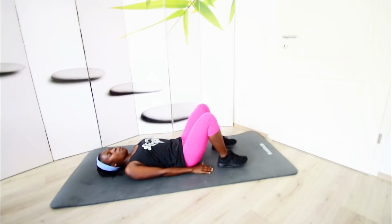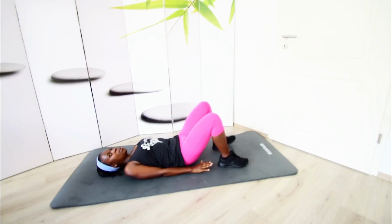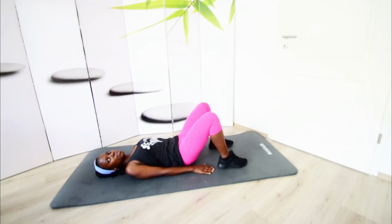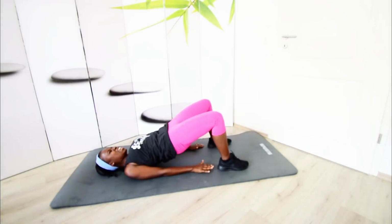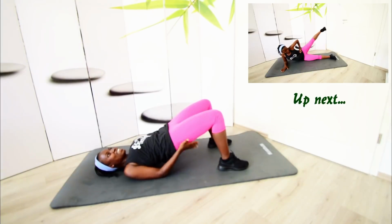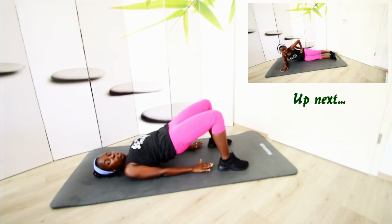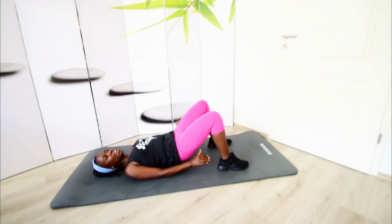Just give me 2 more, 1 more, and come down. And on the last one, you want to get up, and we are going to hold this for about 15 seconds. So feel those abs muscles tucking in, and feel those glutes also tucking in and getting tied up. And you want to hold this while breathing normally for 5, 4, 3, 2, 1, and come down